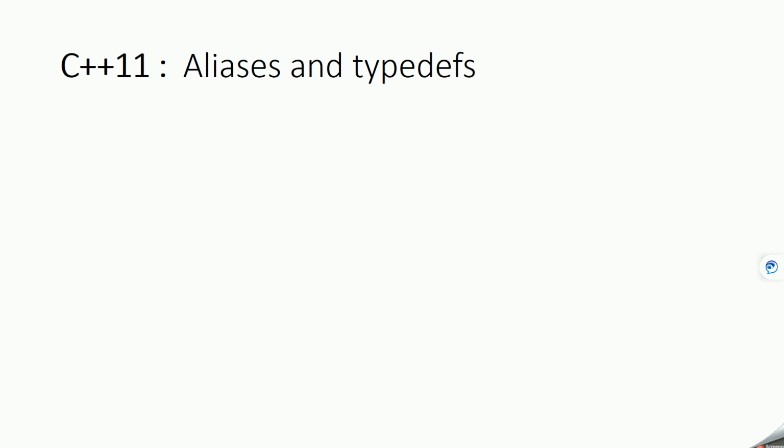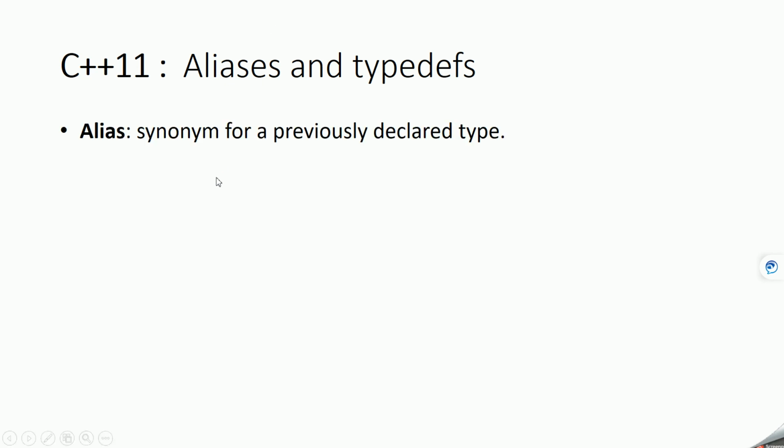In this video, we are going to learn about a C++11 concept called alias name. Alias is nothing but an alternate name for an already existing type, or it is a synonym for an already existing type. Okay. So before understanding this alias name in C++11, let's understand typedef and how it allows us to create an alternate name for an already existing type in C++03.